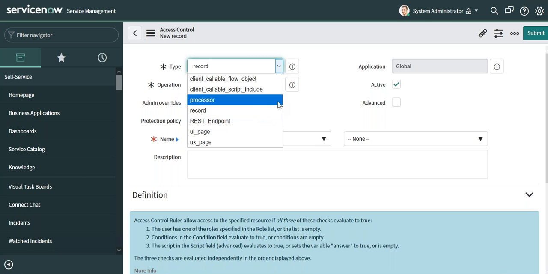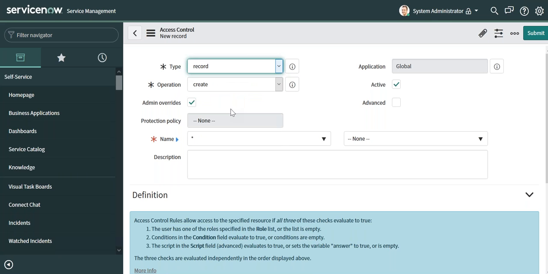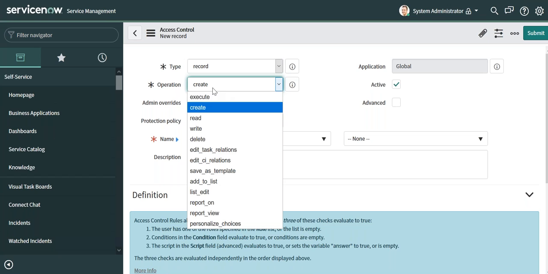Now I have selected record here. It means we have a lot of records for a specific table. The incident table has a lot of records, the problem table has a lot of records, the change table has a lot of records. In the operations, we have execute, create, read, write, delete.